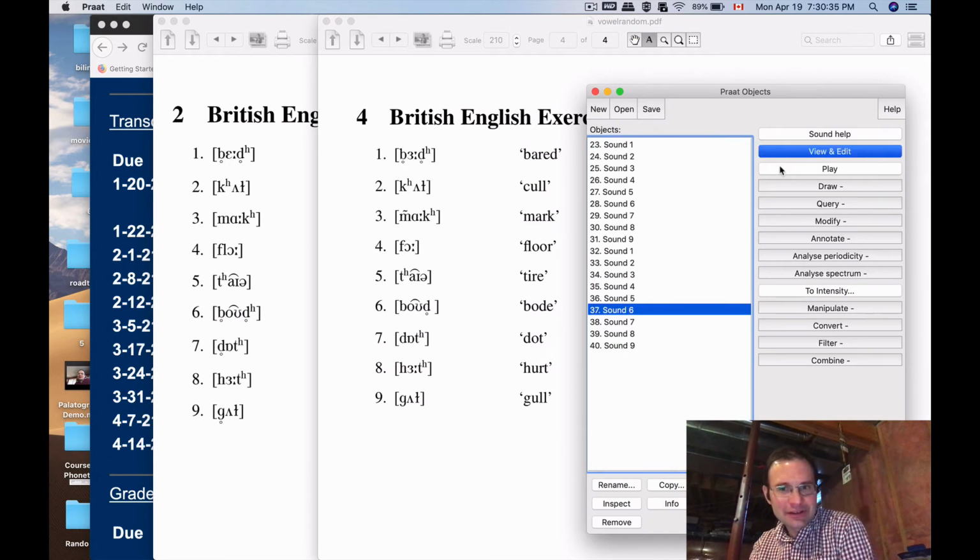Number 6. Bode. So normally when you think of RP English, you expect to have an O. You expect to have another schwa at the beginning of that particular diphthong, the O diphthong, in a word like bode. I found out when I was teaching this varieties of English class this past semester that